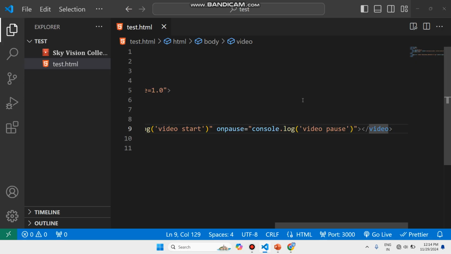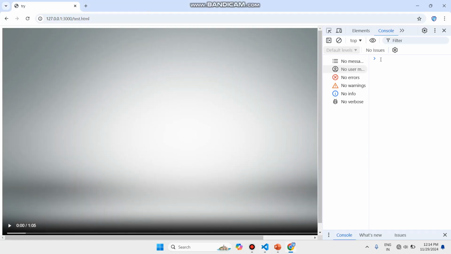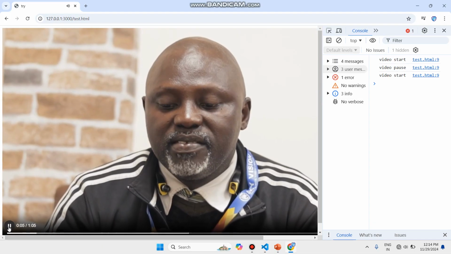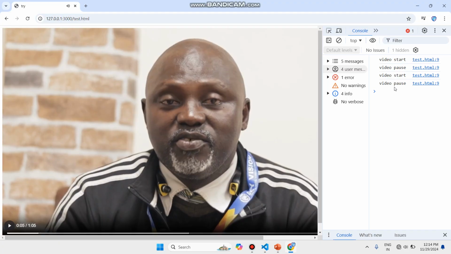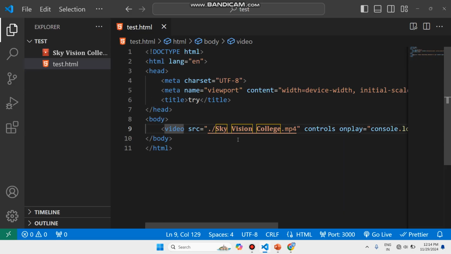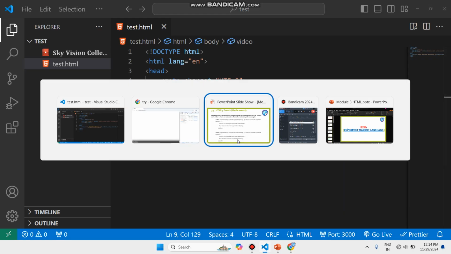Ctrl+S to save. Go back again to your video. Right now, see over here, right-hand side. When I start the video, you can see video start. When I pause that, you can see it says video pause. When I start again, you can see it's a start. When I pause it, it is the pause. So this is exactly how we can use event listeners with media. It means I have the video. Even if you have audio,